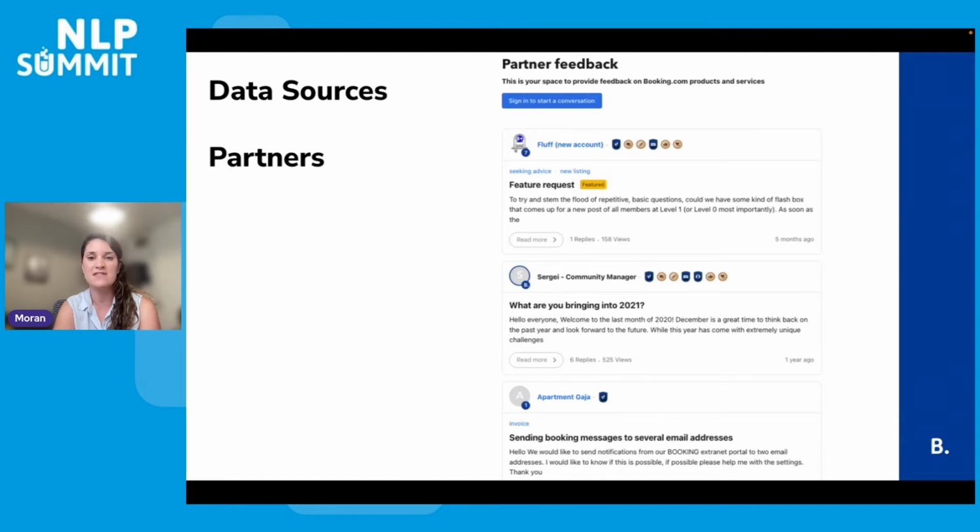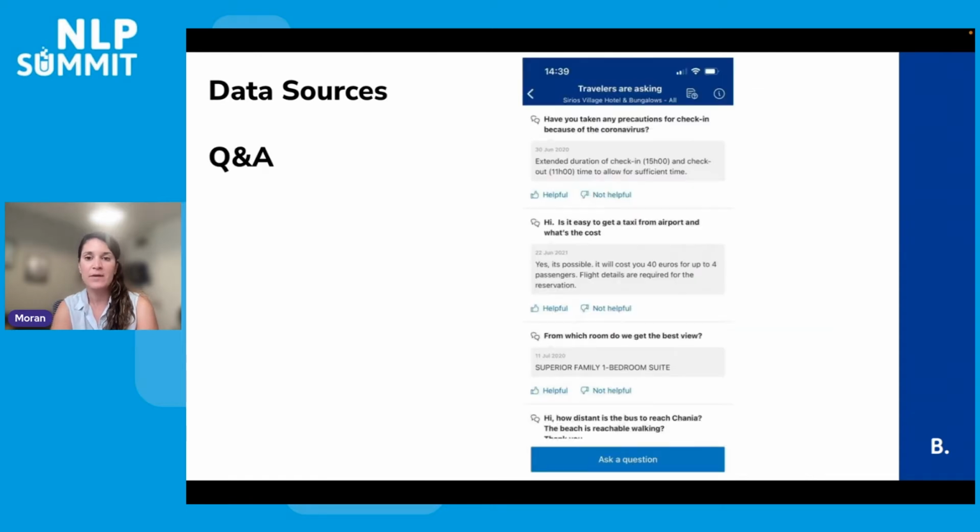As a guest, you write a review on the accommodation that you visit, but the partners, as the other side of Booking customers, are also writing reviews on the Booking platform and leaving feedback in the partner hub framework. Another kind of text in Booking is question and answering.